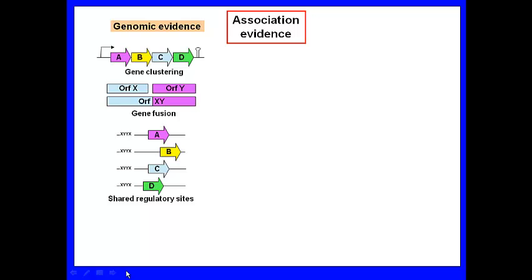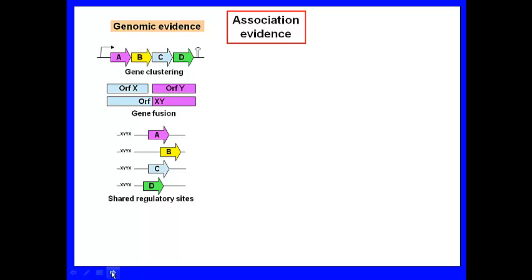And again, if in a series of genes that have the same regulatory element we know what A, B, and D do, we don't know what C does, but we do know it has the same regulatory element as those. Very strong argument that C is functionally related to A, B, and D. And lastly, in purely genome-based evidence, all you need for this evidence is genome sequences.